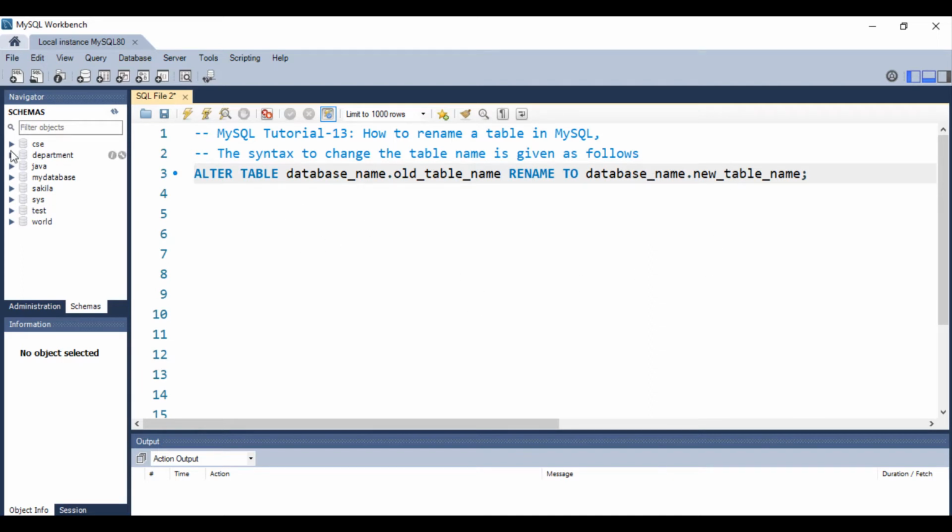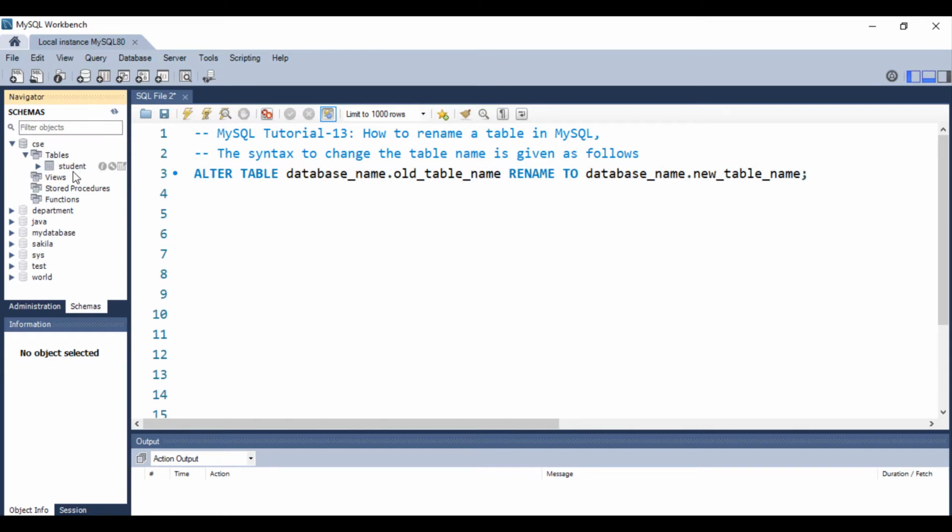Today we are going to change the student table. We want to change student to student information. Now I'm writing the query: